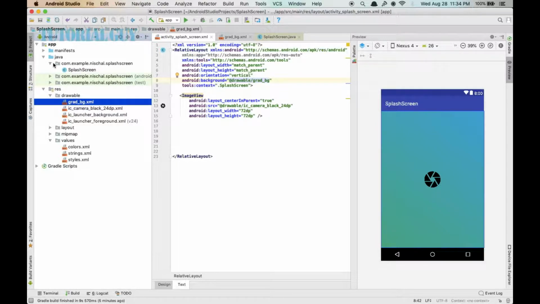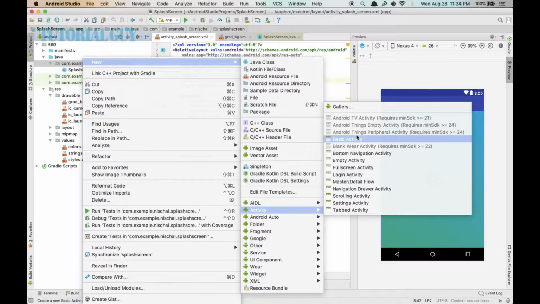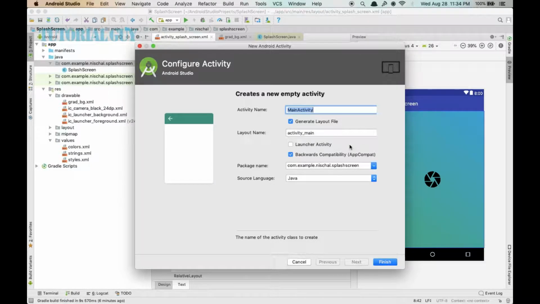And for the time being, let's create a new home activity, that is welcome activity. So empty activity, I'll call this welcome. So yeah,